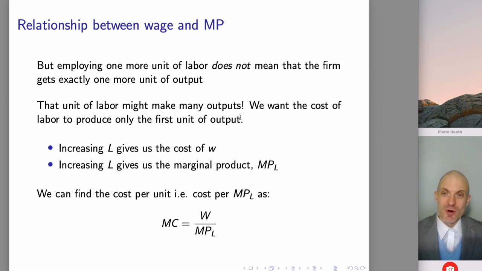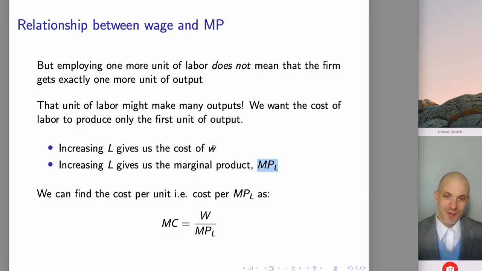The unit of labor might make many outputs, or it might make a fraction of the output. So the 1 unit of labor that I'm hiring, the 1 worker, maybe they make 2 batches of pretzels, or maybe they only make a fraction of a cleared parking lot in the snow removal example. Importantly, we want the cost of the labor only to produce the first unit of output. And importantly, increasing the amount of labor we're using is going to incur that cost, wage, W. Increasing the amount of labor, one more unit of labor, is going to give us the marginal product,